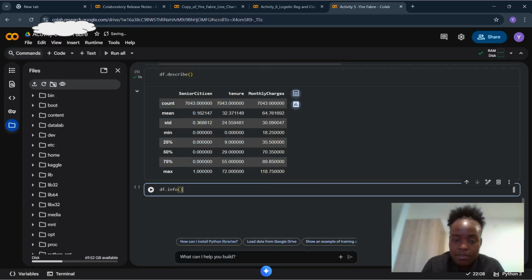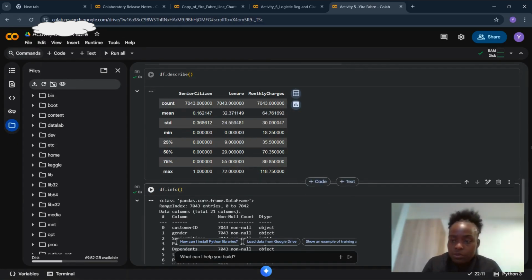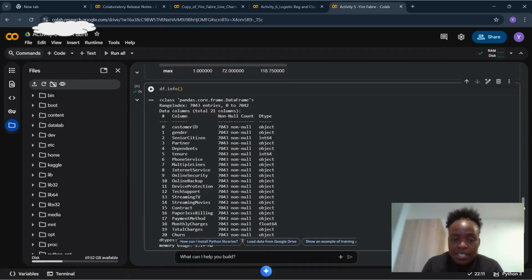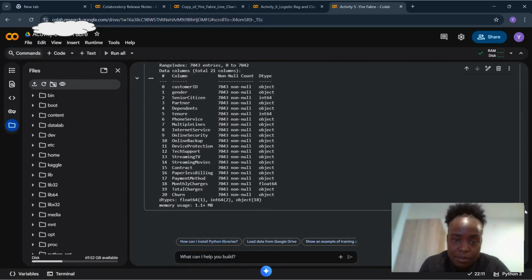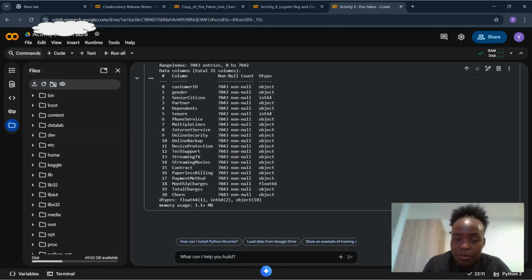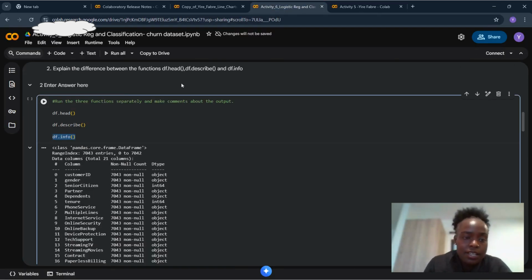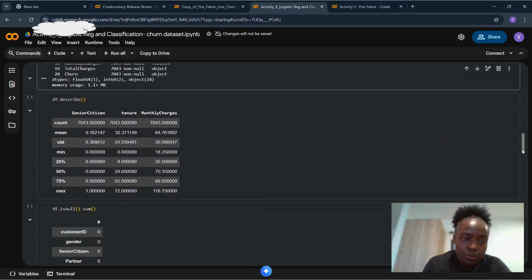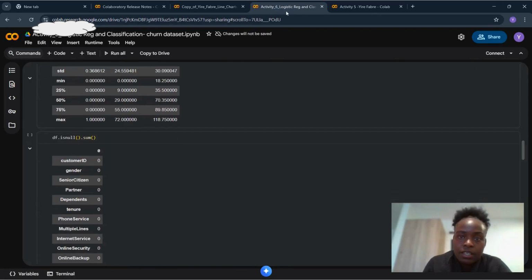Then df.info, and see what we can comment on that. So basically, this is the assignment that I'm supposed to do: run, then comment on it. So the next step here will be to run